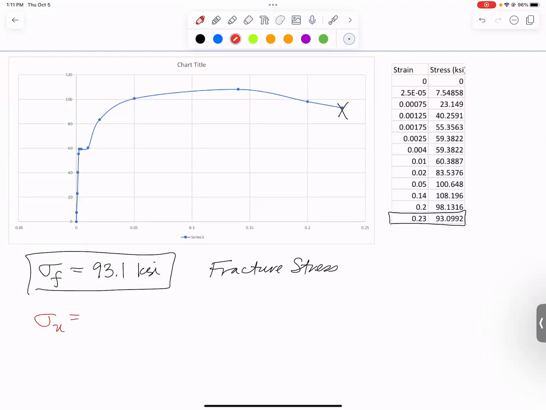So looking on this chart, it looks like it's this point right here for my ultimate stress. So that is going to be this third to last row. It's the biggest stress value we measured. And that comes out to be 108 KSI. That's my ultimate stress. And one thing I'm going to say, because I am an experimentalist, this is not very